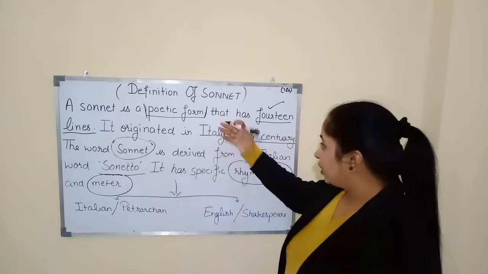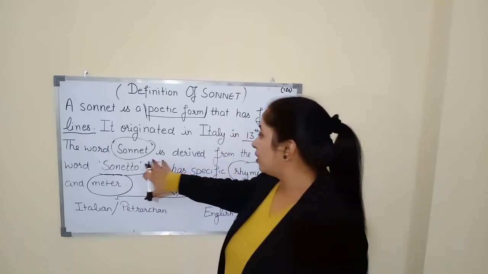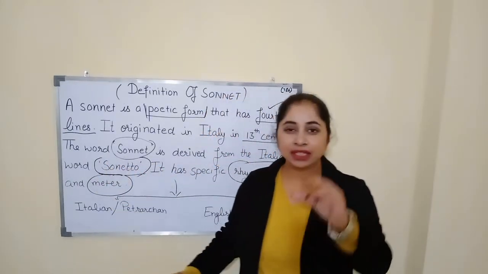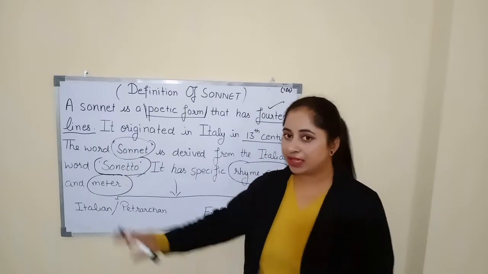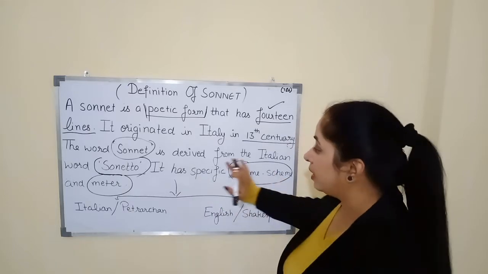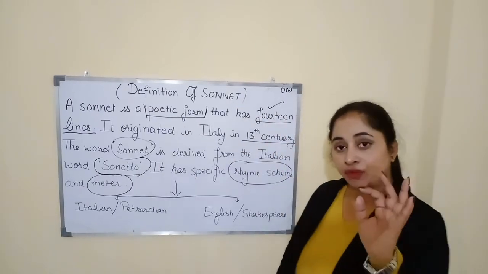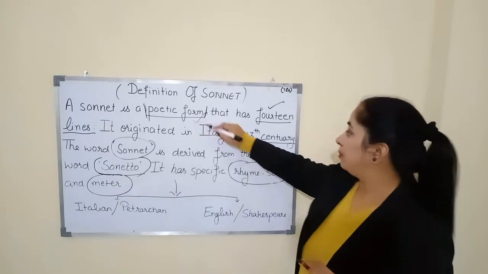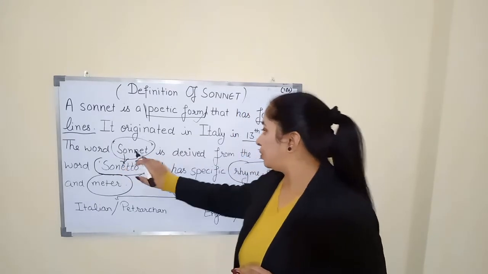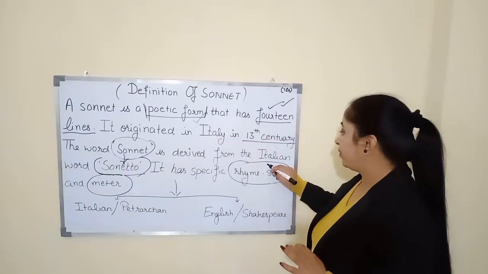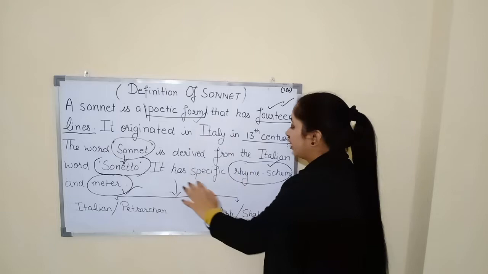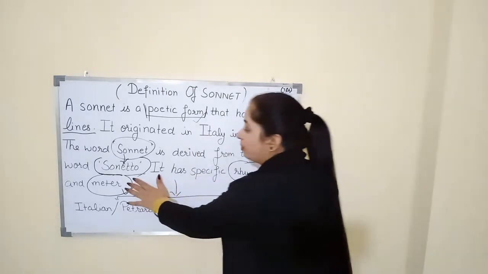So it originated in Italy in the 13th century, and this word sonnet is derived from the Italian word sonetto. Sonetto, that means the little rhythm, the small poem, right? Because it has only 14 lines. It has a specific rhyme scheme and meter. So what should we remember? It's a poetic form. It should have 14 lines. It derived from the word sonetto, which is an Italian word. It should have a specific rhyme scheme and a meter. So I hope the rest of the things are clear, but regarding the rhyme scheme and the meter, I'll explain